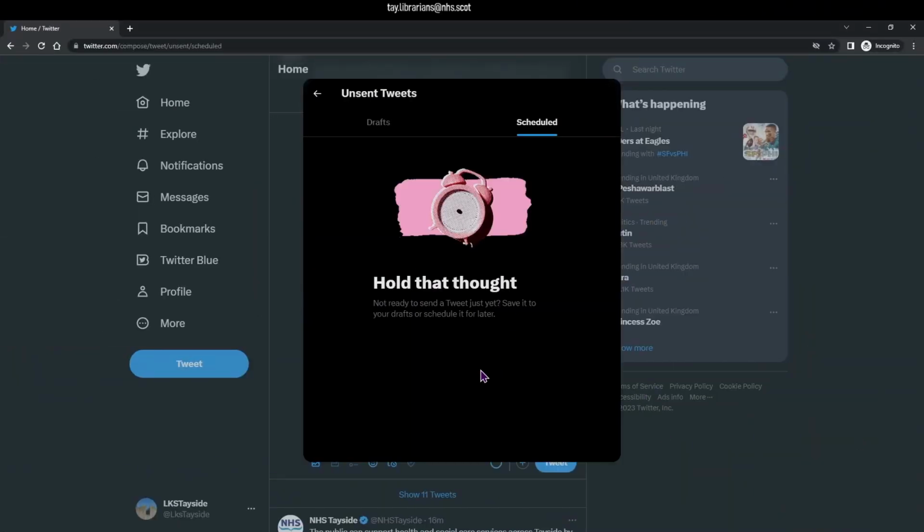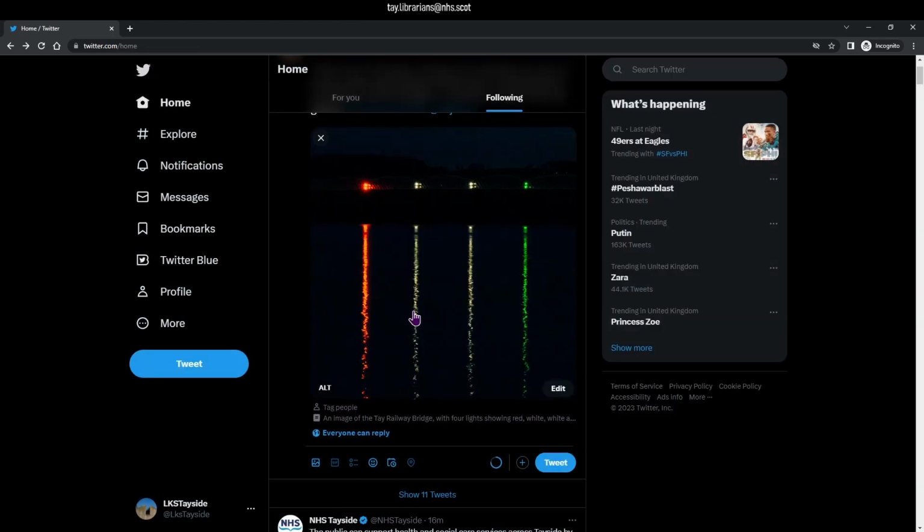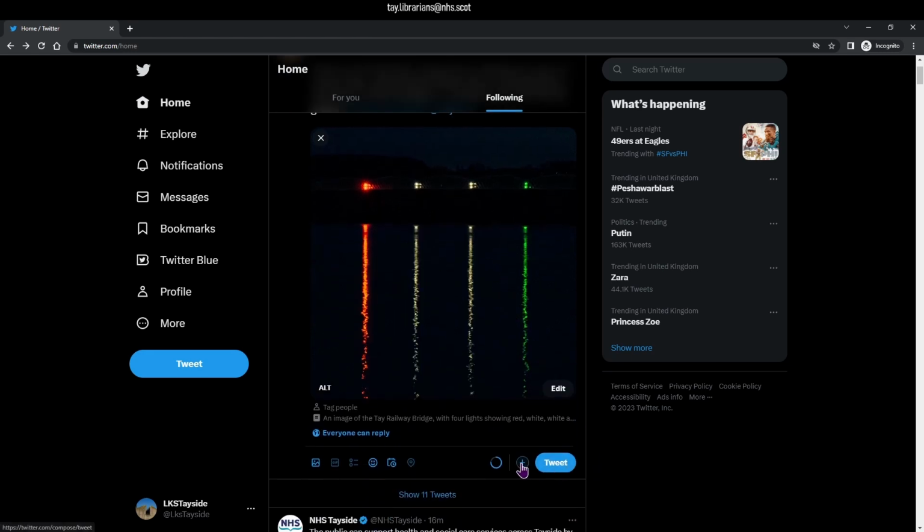You can also get an overview of all your scheduled tweets, so you can actually change things and stuff like that before they go out. Then finally, you can add a location, which in this case is also switched off because I have an image. So I'm going to tweet this, and I will talk about this button very briefly. You can add a tweet to follow up the existing tweet. So what that means is you can make a chain of tweets. We call that, I can't remember what we call it, but you can add tweets, a thread, that's what we call it.